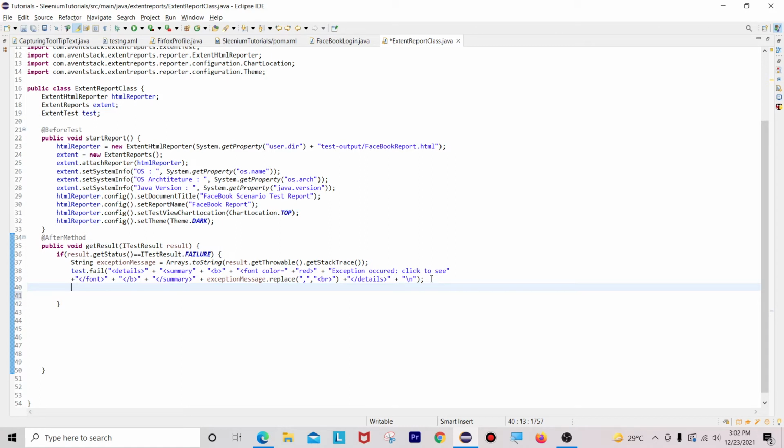Once that is done, now what I will do here, I want to take that screenshot, right? I want to take that screenshot, that is capture full page. So I want to take the screenshot also. I will tell you, in the same method only I am going to use that screenshot also. If any test case got failed, I want to have some screenshot. If any test case got passed, I want to have some screenshot. Okay, so for that, how we can,